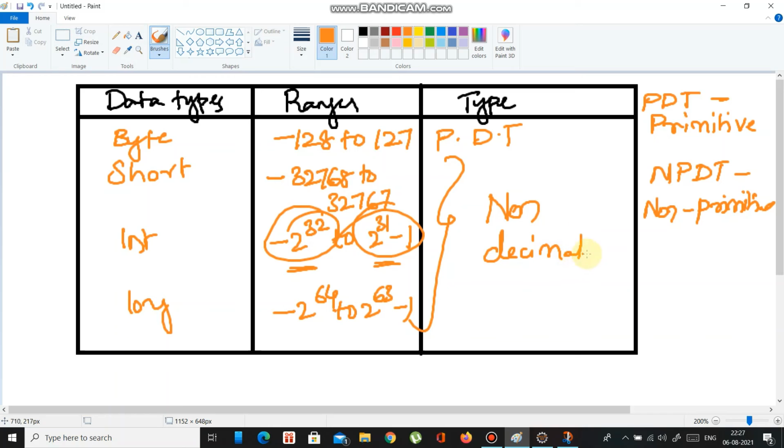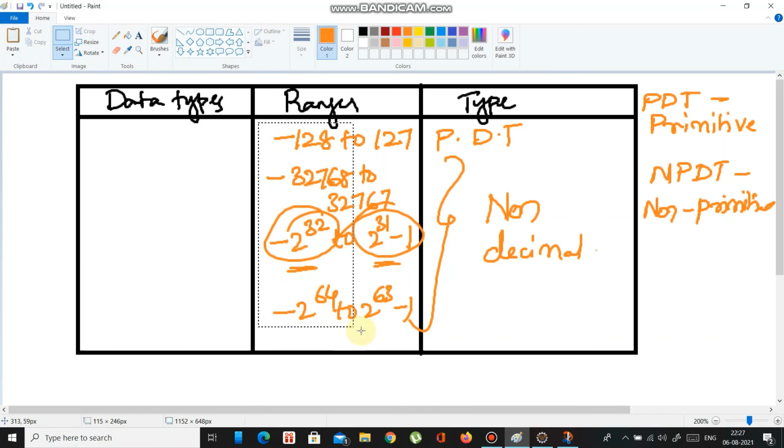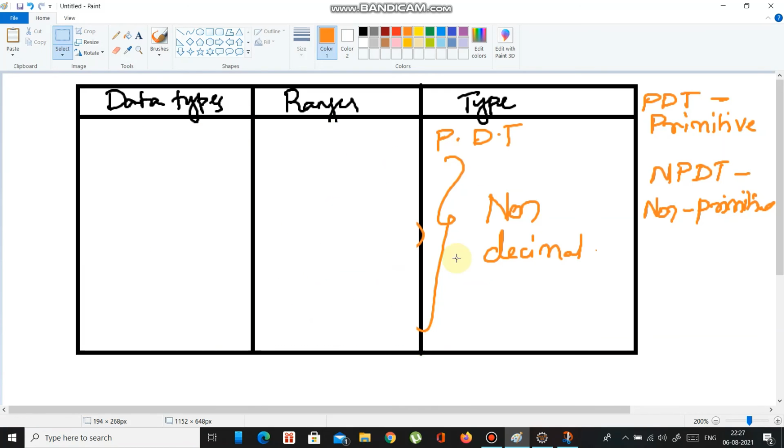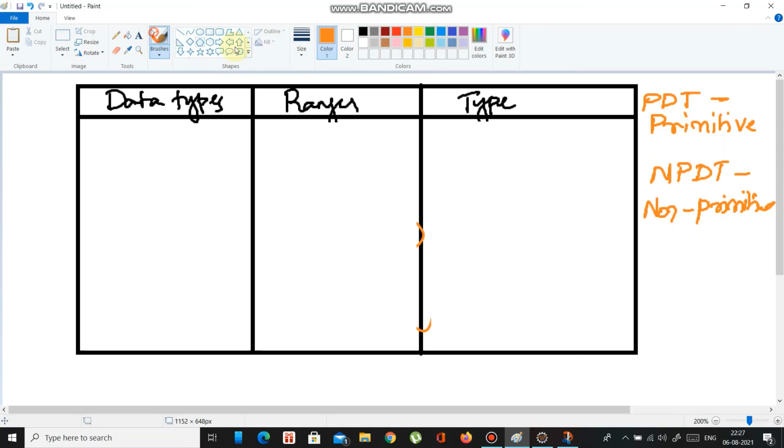Okay, so if we go to decimal, there are only two. One is float and another one is double.